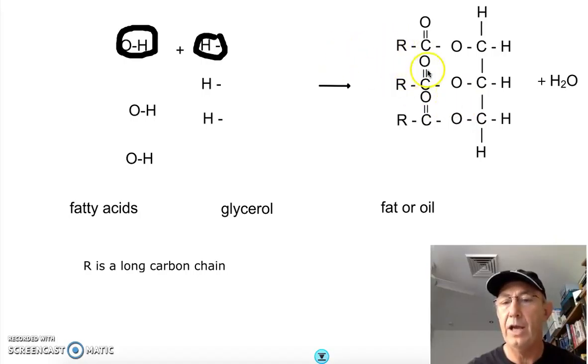I have a long carbon chain with an ester linkage in the middle, all joined together by this backbone of 3 carbons. This is commonly referred to as a triglyceride because there are 3 of these R group esters all connected to that one thing. That's just like we do when we do ester reactions. An OH from one molecule and an H from the other join together to make water, and then we join together what's left. So here is my fat or my oil, and this is what I need to start with when I hydrolyze